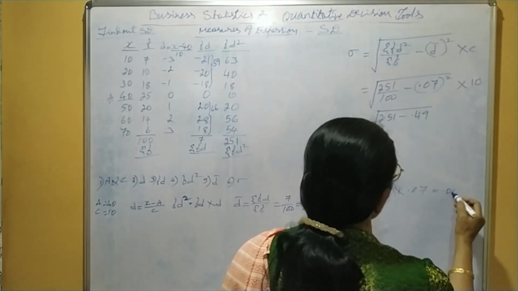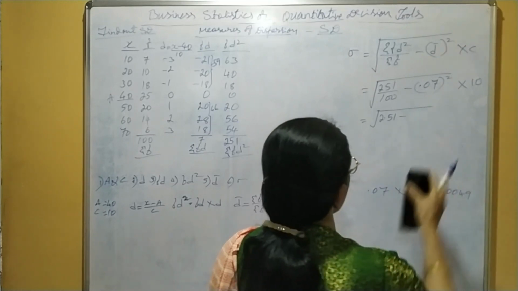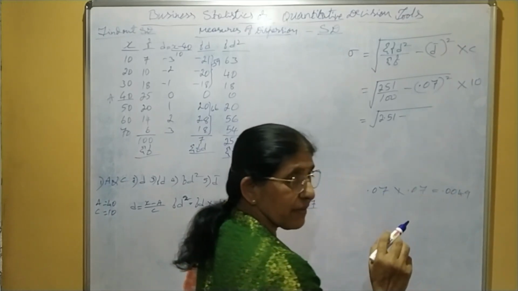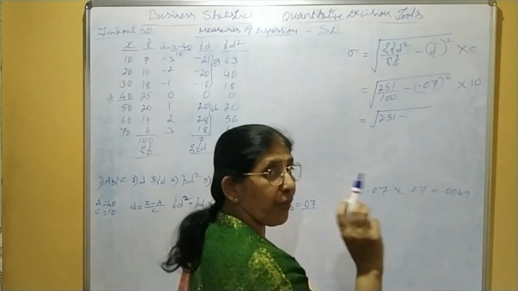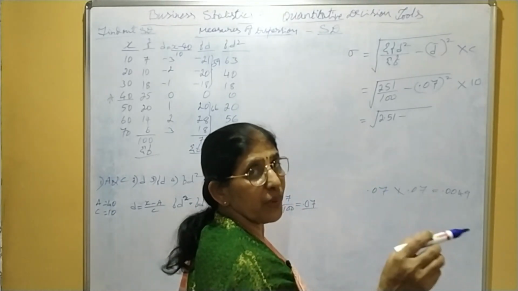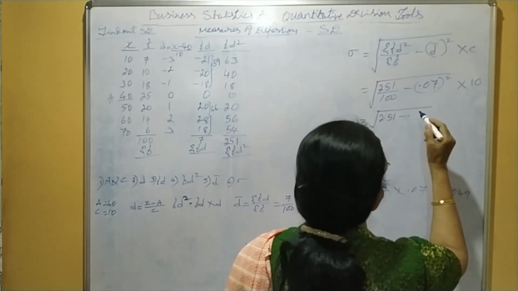Therefore, here it is 0.0049. There you should be careful. Okay. If it was 0.7 whole square, then 0.49. 0.7 into 0.7. It is 0.07 into 0.07. Therefore,